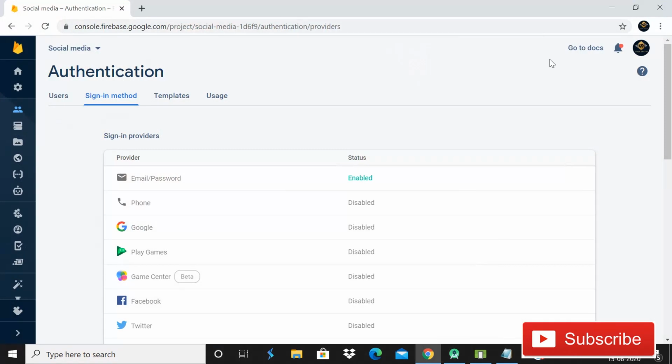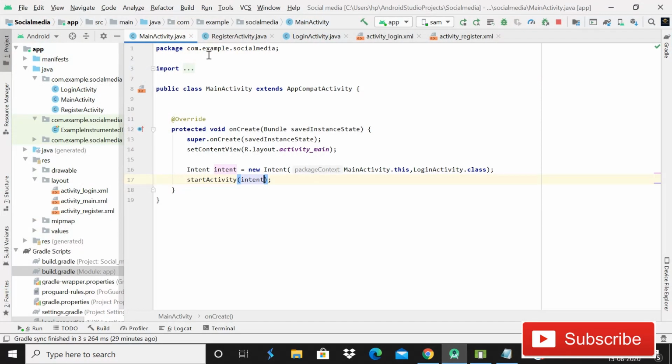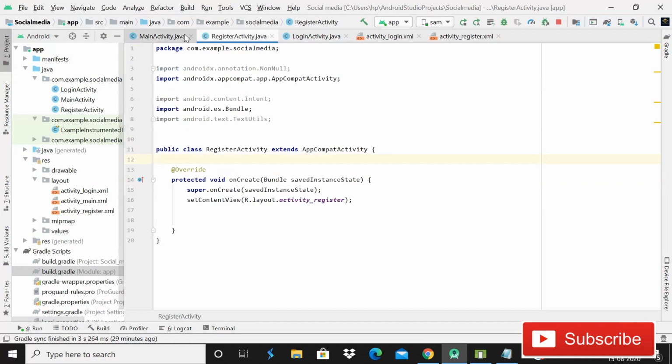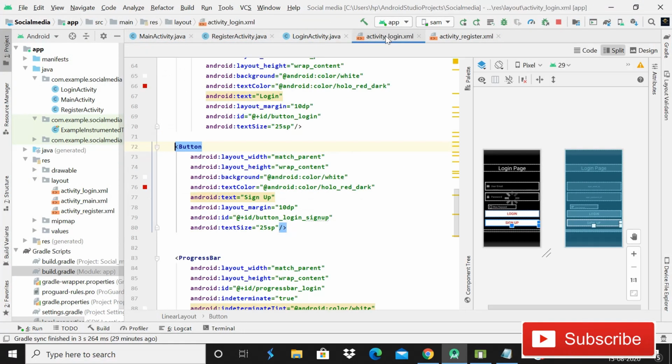Fine. So yes, let me close it, and then I will open this. So you can see that this is our app, social media app. Now it is empty. We have created the layout file in the previous part. Today in this part we will code the Java part. Fine guys. So first of all, here you have to simply come to this login activity, and